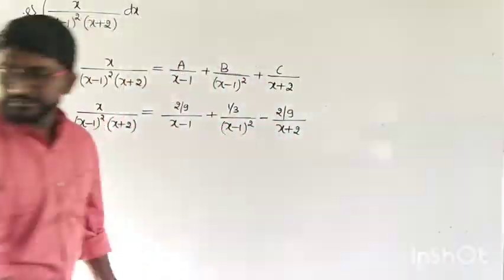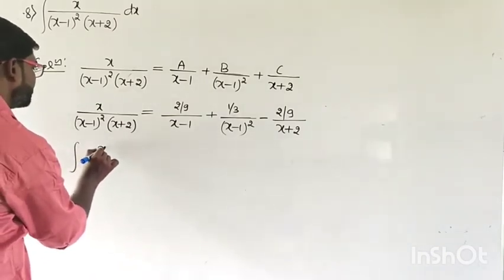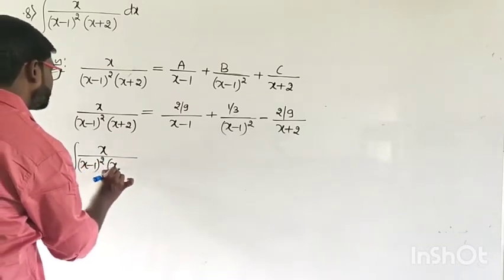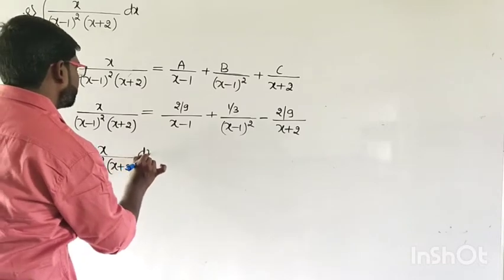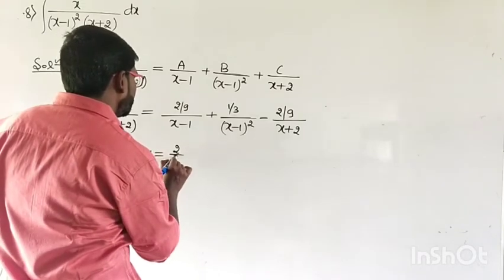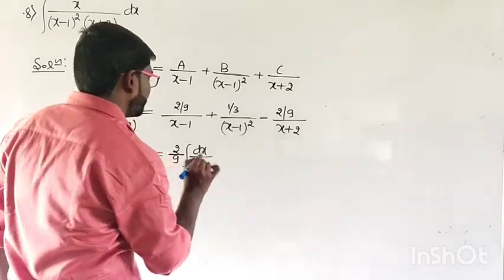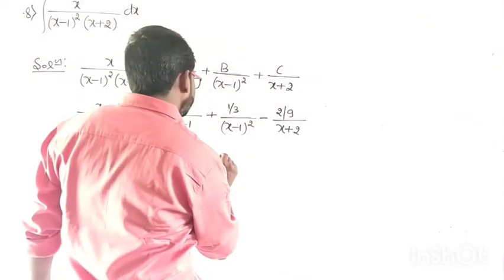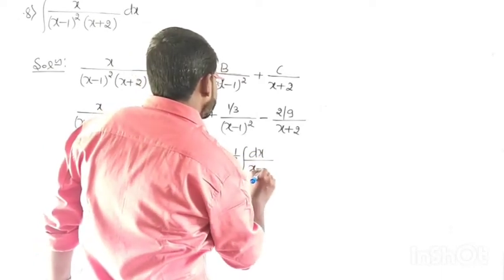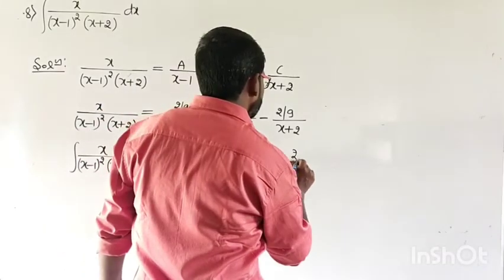So let us integrate with respect to x now. Integral x divided by (x minus 1) the whole square into (x plus 2) dx, which is equal to 2 by 9 is a constant, write it outside. 2 divided by 9 integral dx upon x minus 1, then plus 1 by 3 is a constant, we get dx upon (x minus 1) the whole square, then minus 2 by 9